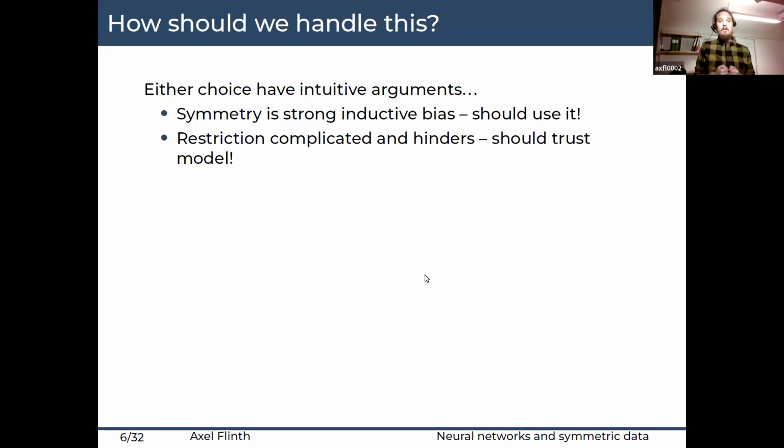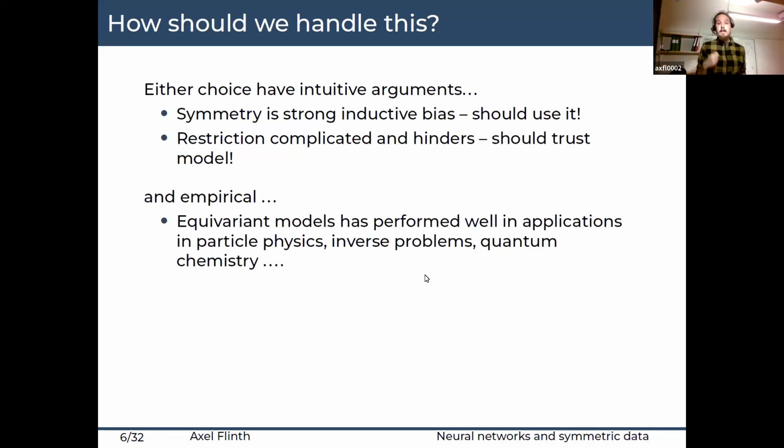One could, however, also argue that when we are specializing our model, we are restricting it, and we're hindering it from exploring all the possible functions that it could represent. So what we instead should do is to take this vast power we have in these machine learning models and just trust that they will handle the symmetry in a good way. And this debate somehow has become more intense during the last years.